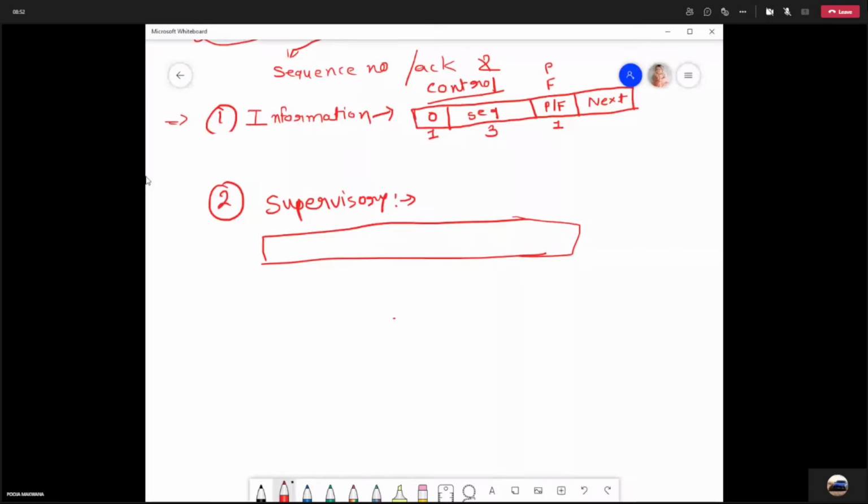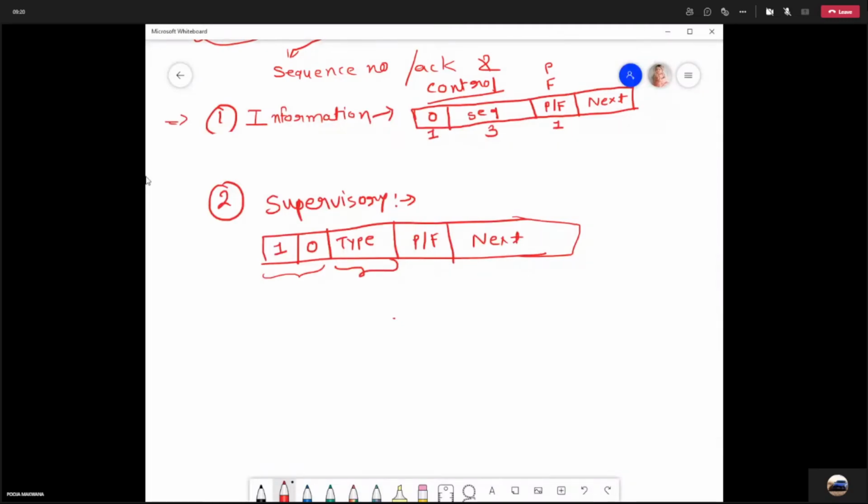Here in the supervisory frame, the first bit is set to 1 and the second bit is set to 0. Then there is a type field, and then there is a poll and final bit. If it is a final frame, then it will be set to F, or if it is other than the final frame, then it will be set to P. Next, the poll/final bit is the same, this is fixed.